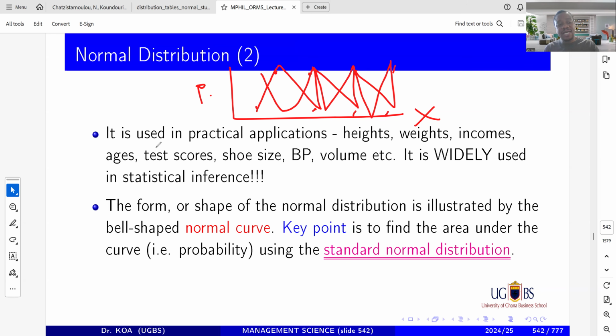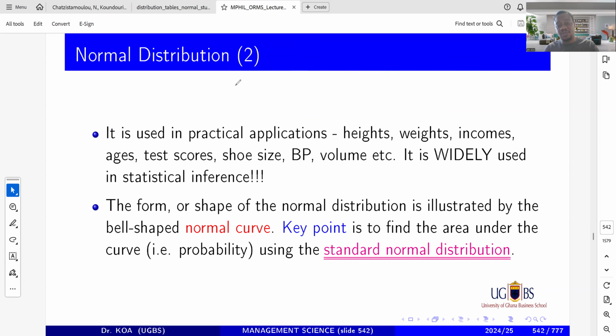Now, when it is Poisson distributed, you remember how we indicated the Poisson distribution. Depending on how it looks, the exponential distribution is this, and then you have the Poisson that way. Now, if it is normal distribution, what we are saying is that it is illustrated by the bell-shaped curve. Of course, you all know the bell-shaped curve. It is like this. I will come back to it properly.